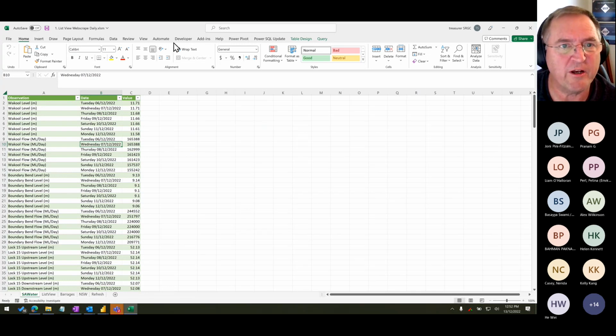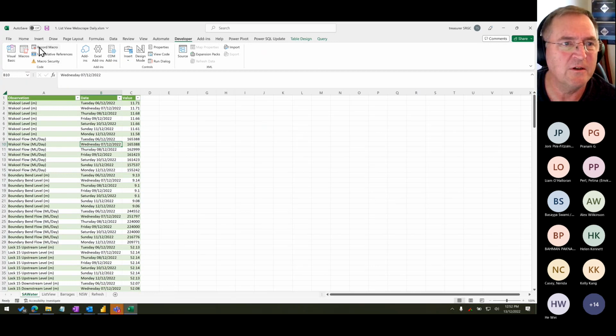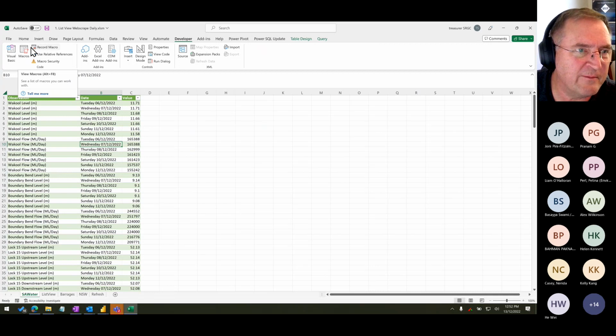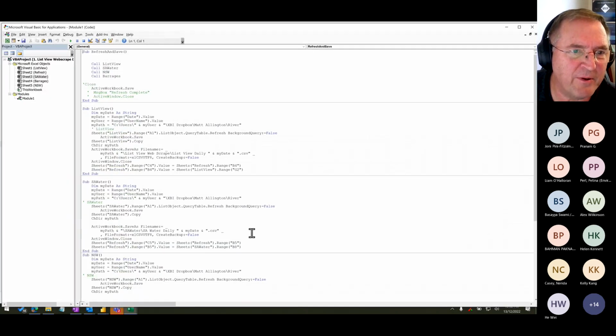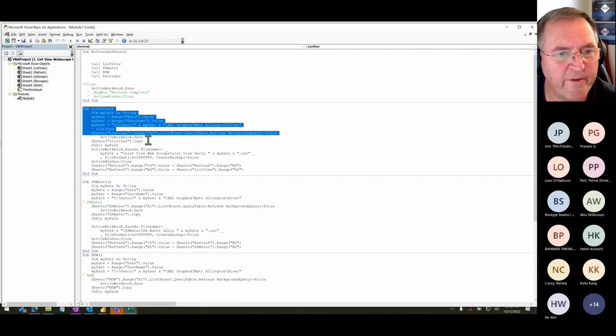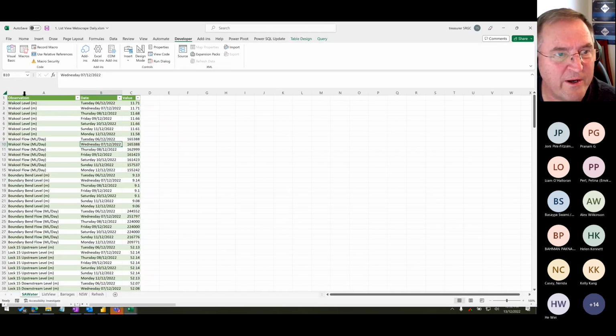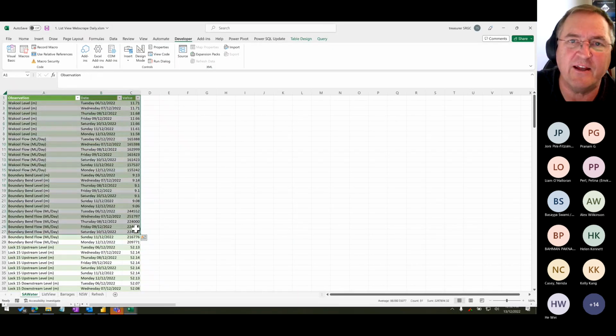But then what I did was I wrote a little bit of VBA code. I will probably do a blog article on this after Christmas. Haven't got around to it just yet. Not everyone is into VBA, I understand that. So one of the reasons why I will share this. But what this VBA code does is it takes the table, this one here, and it saves it as a